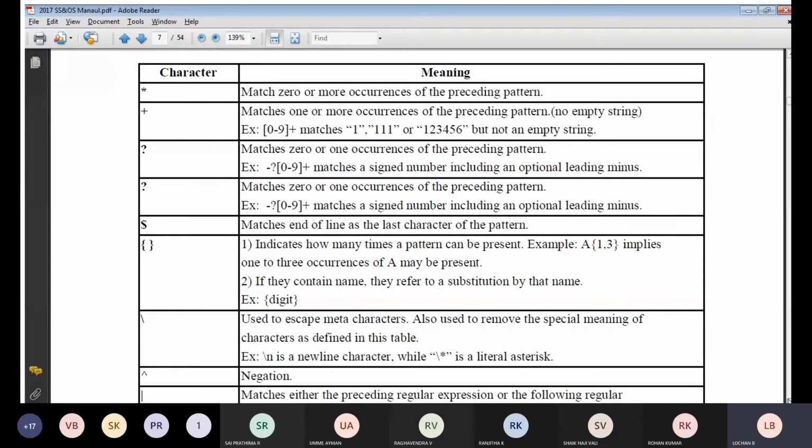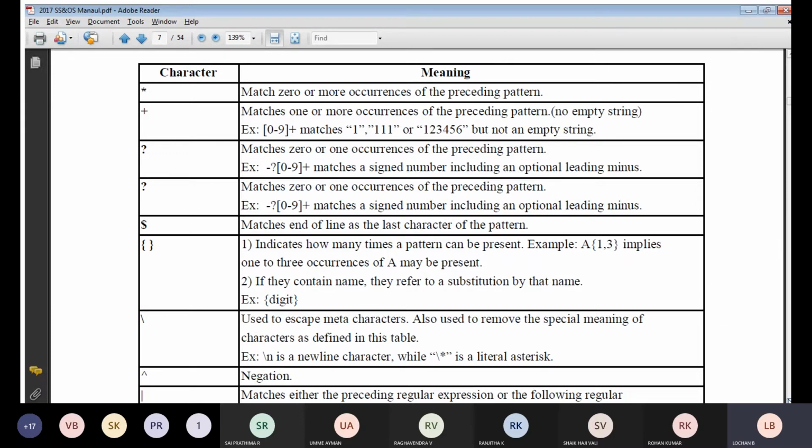It should not start with a 0. That means that whatever the basic string you are going to take, you need to have at least one string. So you should not have any epsilon. Epsilon indicates the empty string. That epsilon string will come only in terms of star, which is nothing but 0 or more occurrences whenever you use it.